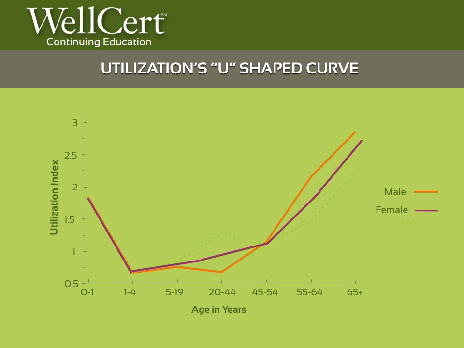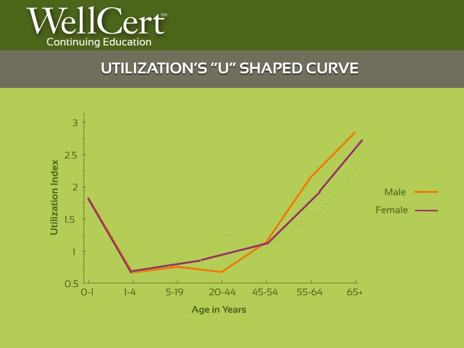And what you'll also see here is the male line, the orange one, and it's lower in the 20 through 44 range because women tend to be involved in reproductive function, and that's going to increase their cost. And then as we cross over in the mid-50s, we actually see the male of the species having chronic diseases like heart disease or cancer or respiratory disease secondary to smoking, and our costs begin to be greater